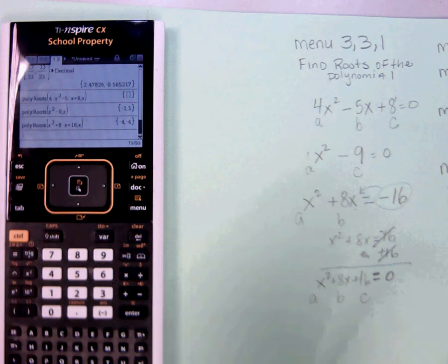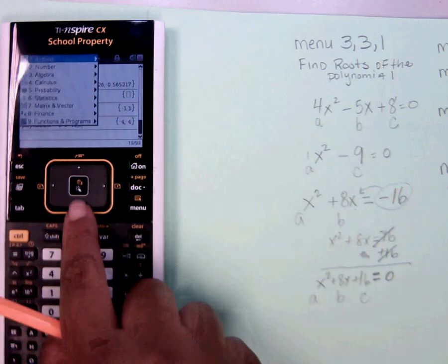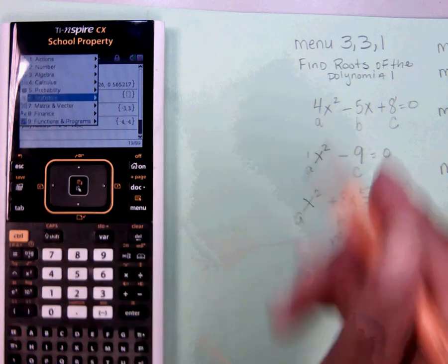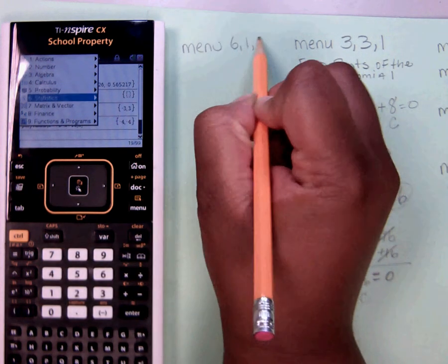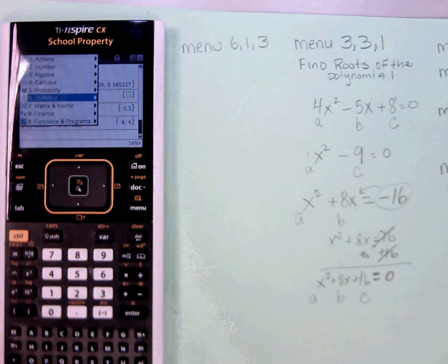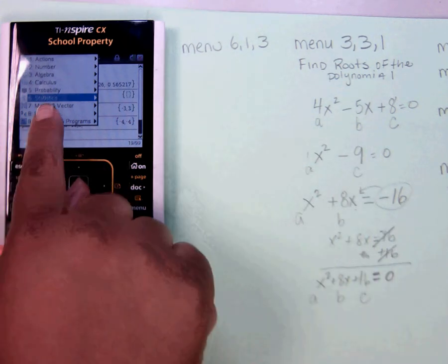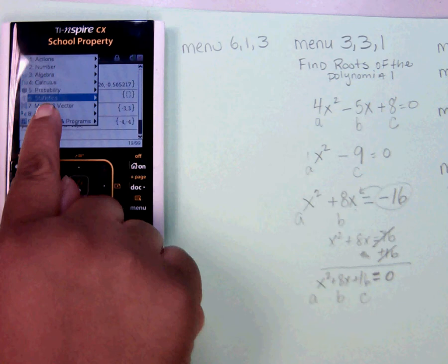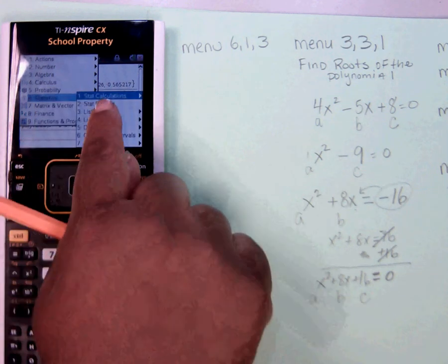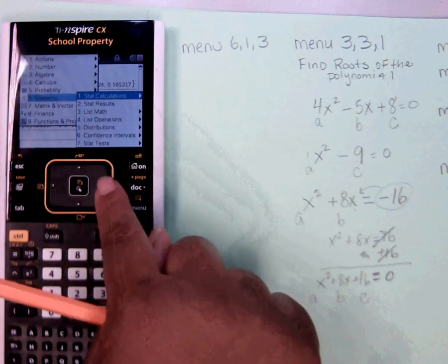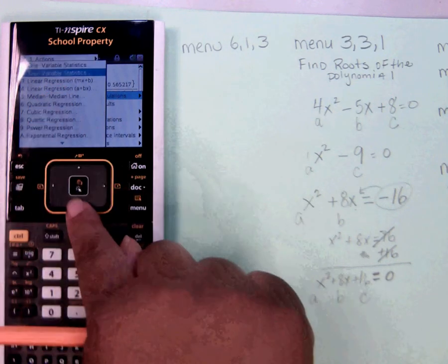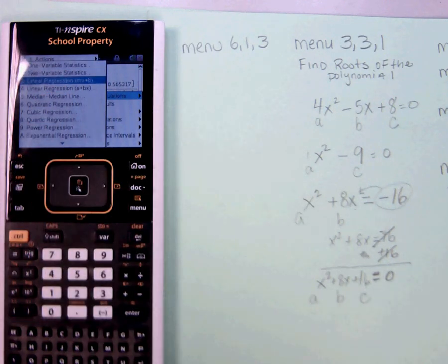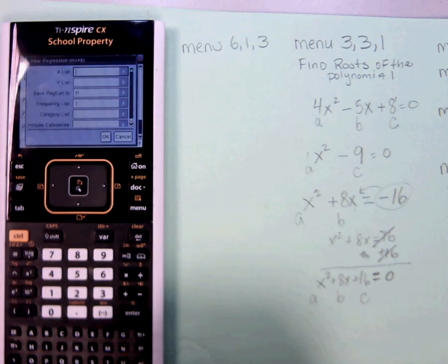Okay, the last code we're going to use in this screen is the one that I know we used so much this year. I know you had headaches behind it. Menu 613. So 6 is for statistics, 1 for stat calculations, 3 for linear regression. Okay. Now,